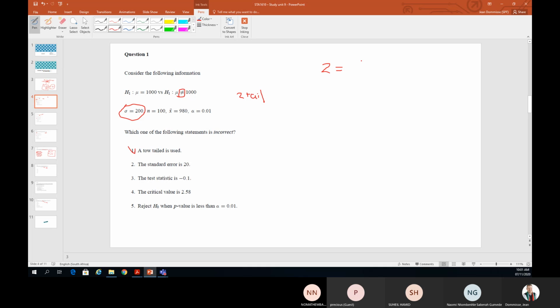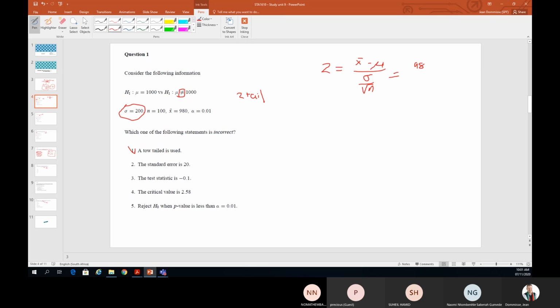That is now basically taking you back to study unit 7. So we needed to know study unit 7. So the formula is to get to the Z. So it is